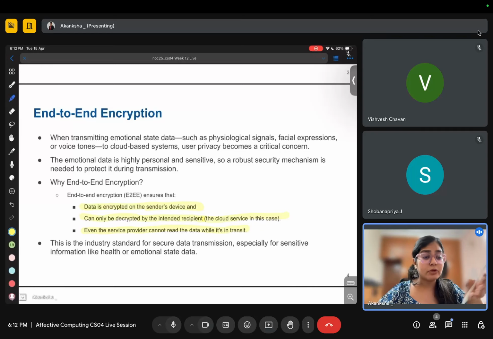Even your WhatsApp chats are encrypted, everything is encrypted right now. ठीक है? Even Telegram and so on. So this is the industry standard for secure data transmission, especially for sensitive information like health or emotional state data.